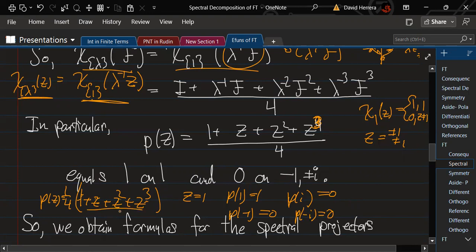Now, there's a nice symmetry property here: summing roots of unity. So a root of unity is some kind of number to an nth power equals 1. So i is a fourth root of unity. It satisfies this property here. Negative i also is the same thing. Negative 1 is also a square root of unity, but it's also a fourth root. Its fourth power is 1. So this kind of expression here, if you take this,